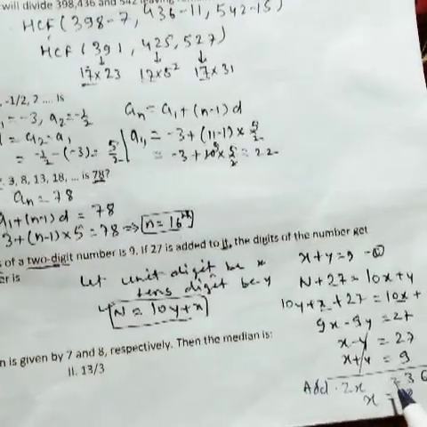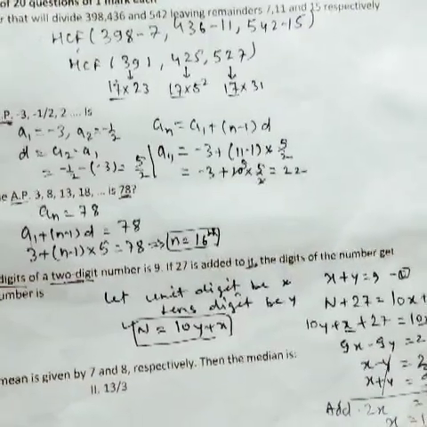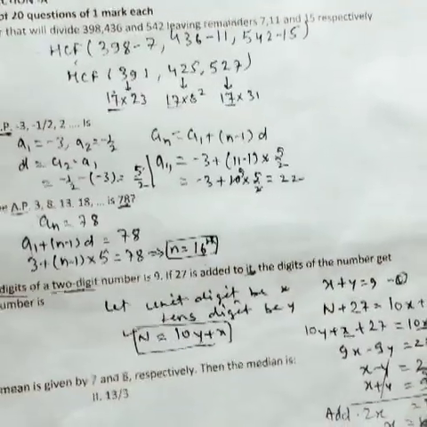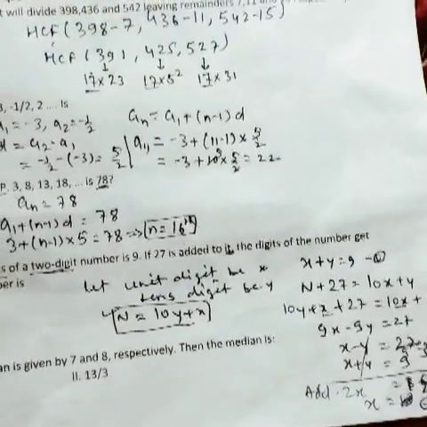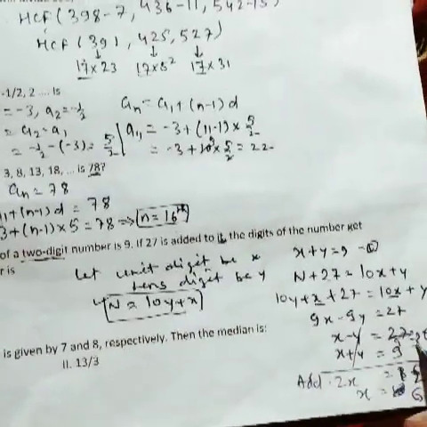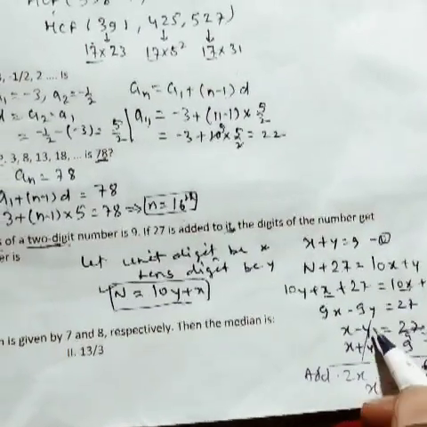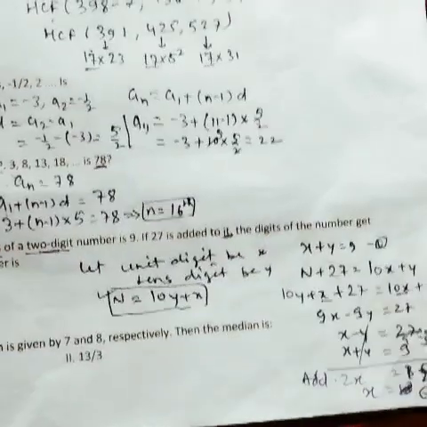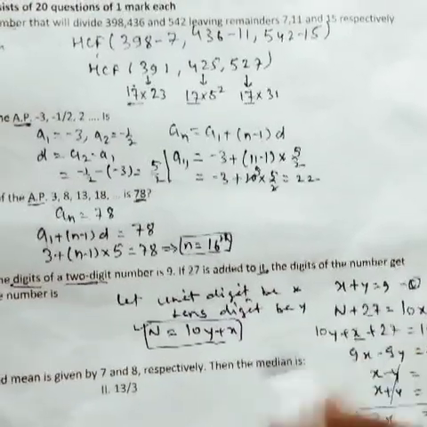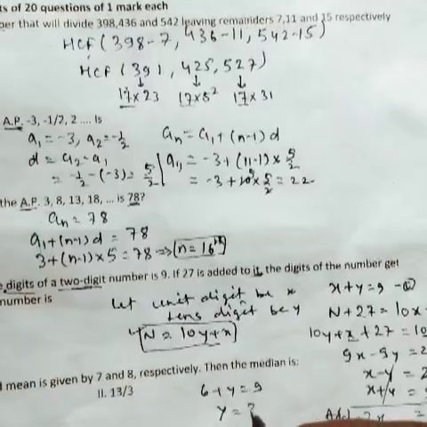On adding, here from x minus y we get 3. The 2x will be equal to 12, and simplifying, x gets to 6. Taking 9 as a common factor, we divide 27 by 9, it will become 3, and x minus y is equal to 3, x plus y is equal to 9, and adding, y gets cancelled, 2x will be equal to 12. Therefore the value of x will be 6, and from equation first, 6 plus y equal to 9, we can find out the value of y will be 3.